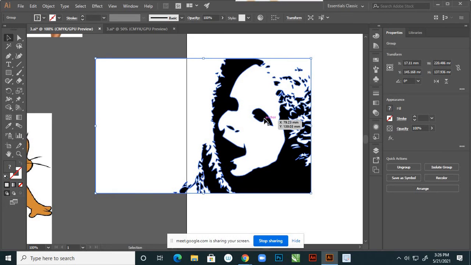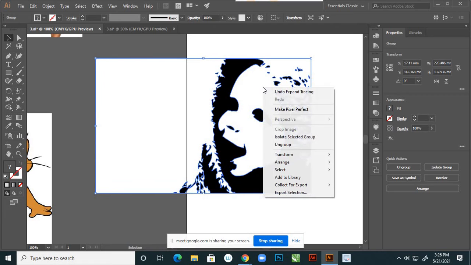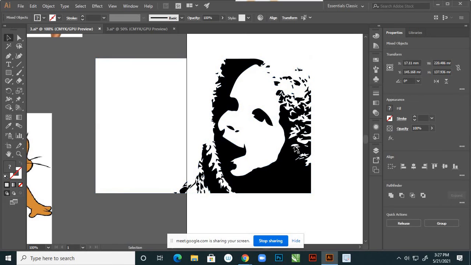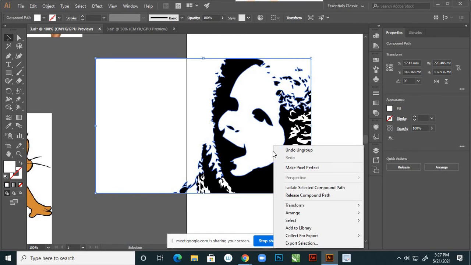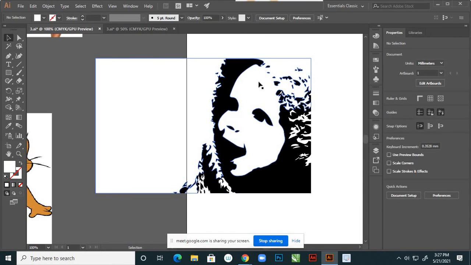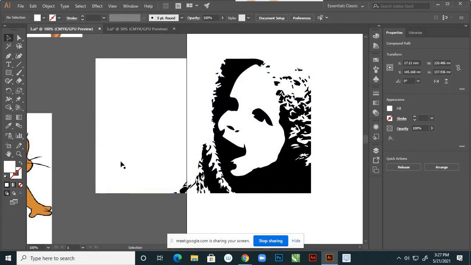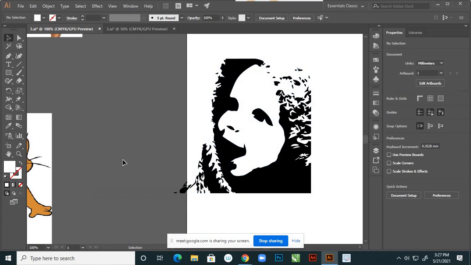But if you want to select a particular portion, you select that and ungroup. You have to click on ungroup. Because these portions are ungrouped, suppose this, you can remove this and this portion, select this portion.